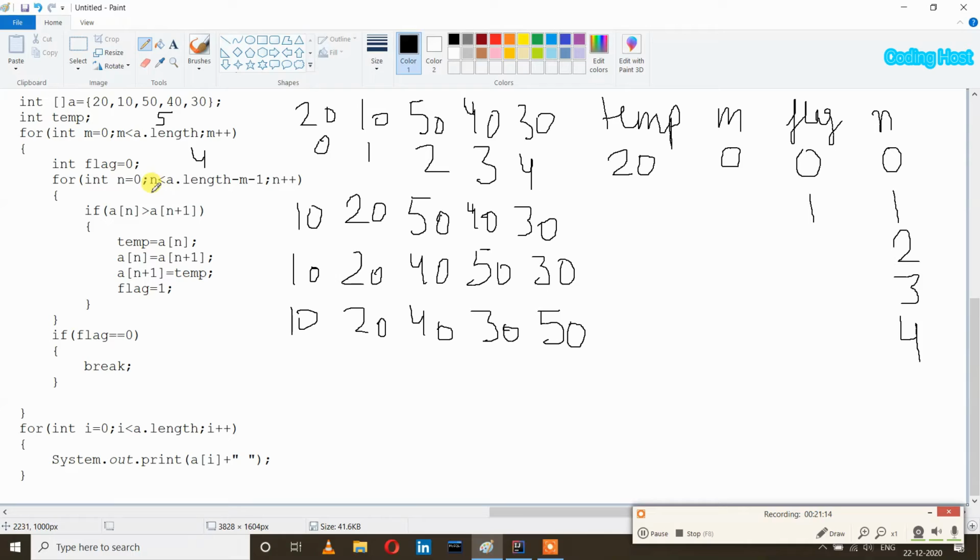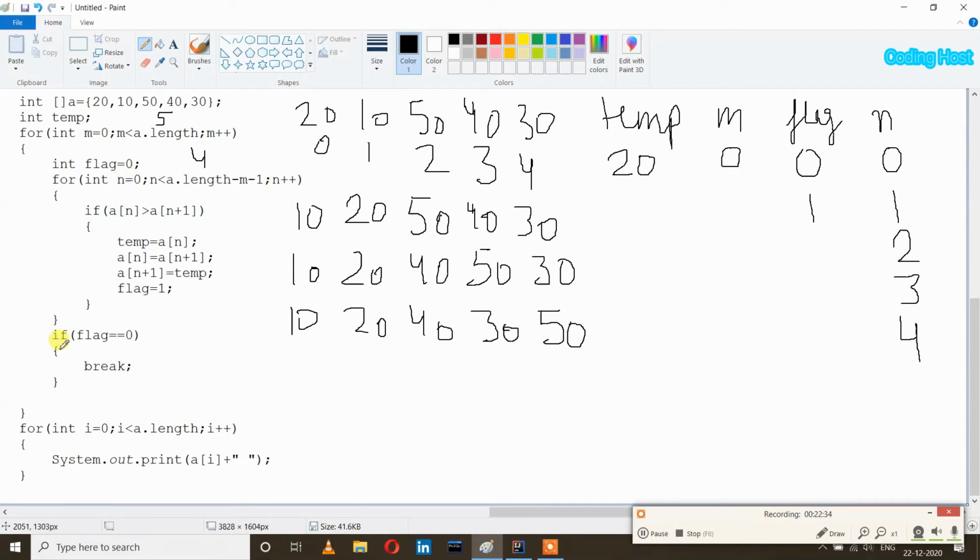It will again check that n is less than a.length. So n is 4 and it is not less than 4, so this condition is false and this loop will break. So you can see here that if we run this loop up to 4, then we get an error because we are checking two values, one at n and one at n plus 1. When the index reaches 4, it will also check the value at n plus 1. So it will check the value at 4 plus 1, which is index 5, and at index 5 we don't have any value here, so that's why -1.